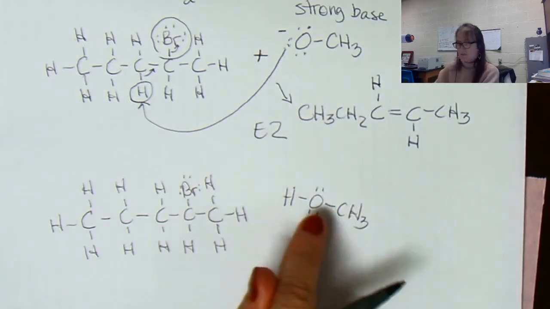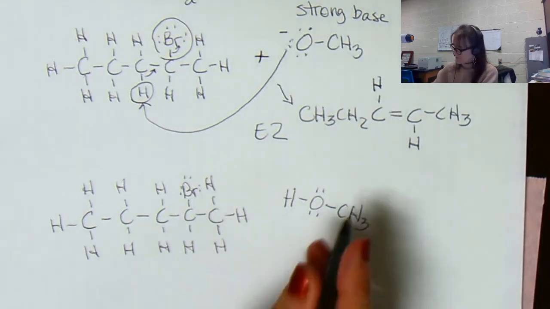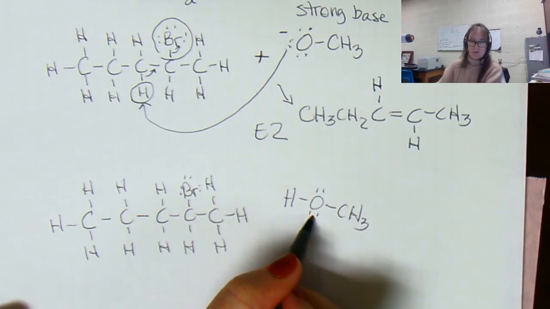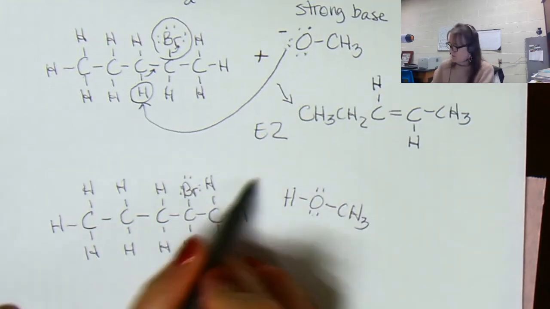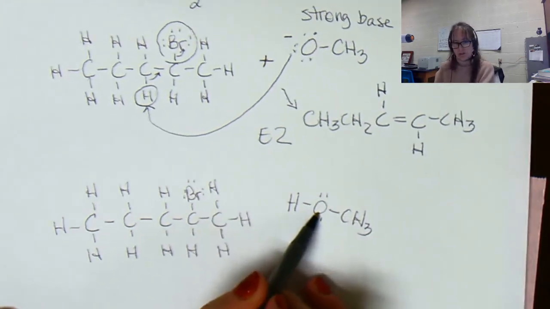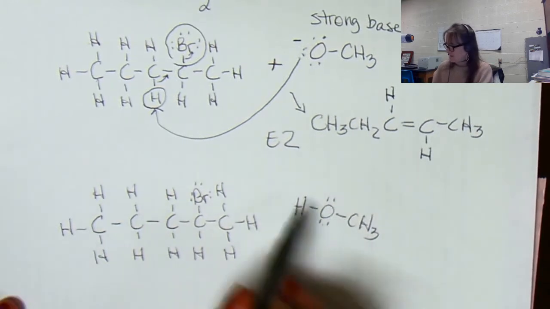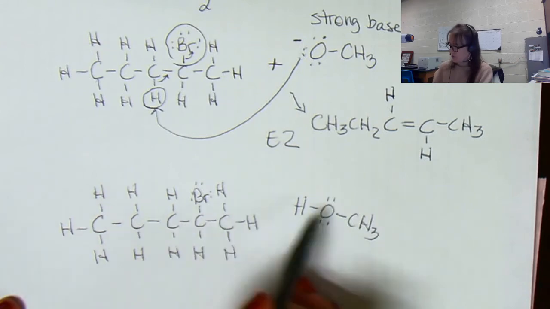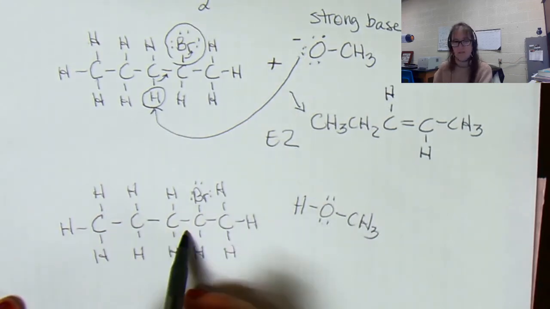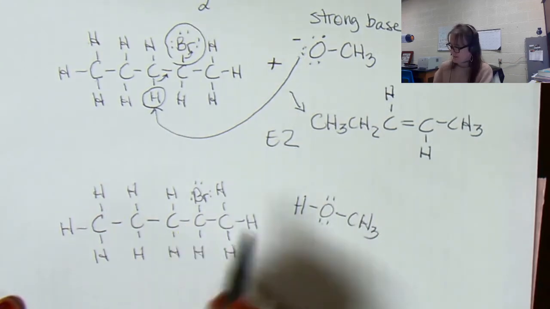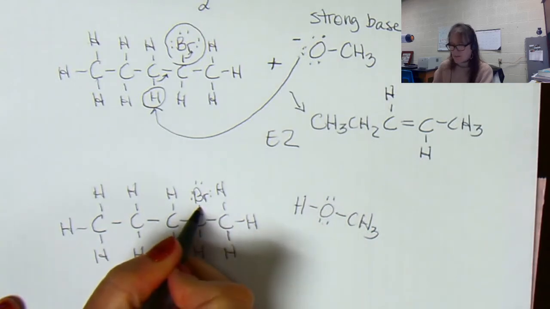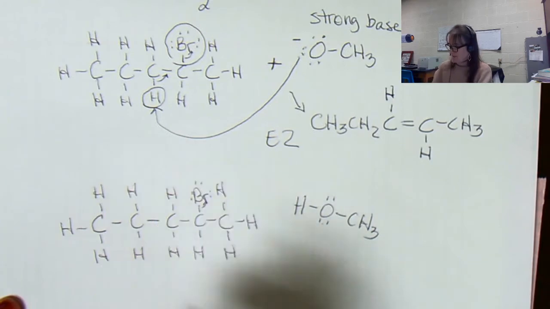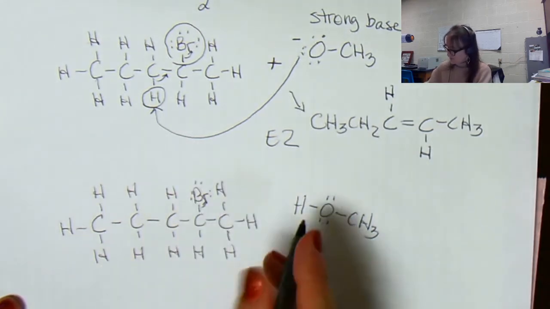So this still has the hydrogen. And so this is not real reactive, so it's not going to react quickly. And so in this situation here, this has hydrogen bonding. And because there's hydrogen bonding, and this is a very good leaving group, when you put the alcohol and you mix it with the 2-bromopentane, some of this leaving group will start to leave. And so it's secondary, it will leave,